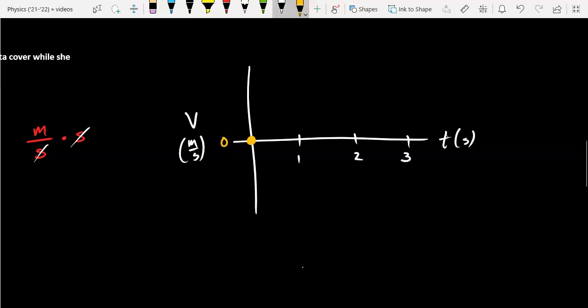And then we need to have her at 10 meters per second by the end of it. So at 3 seconds, she needs to be at 10. And it's just as easy as me knowing she is constantly accelerating. The graph of this velocity graph will be linear. And so I just need to draw a line